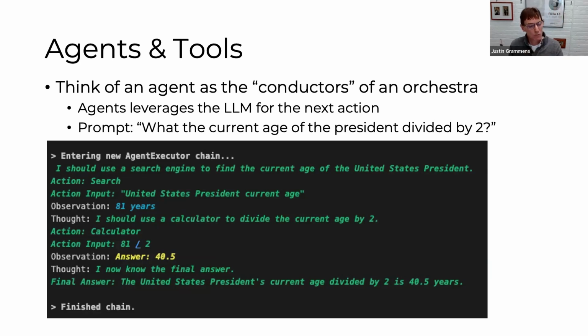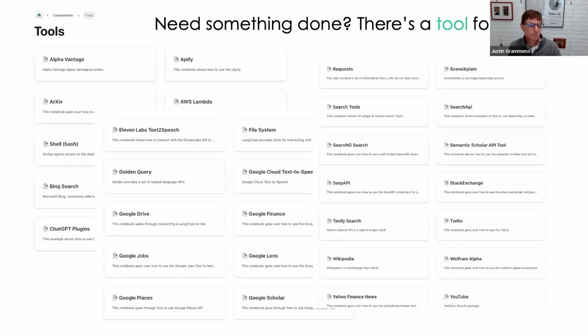And this is literally what's happening under the covers when you ask ChatGPT to do something that it maybe doesn't have current information on right now. But this is how LangChain stitches that all together using their agents and their tools. I talked about what tools are available and what agents are available. There's a tool for everything. I mean, pretty much most